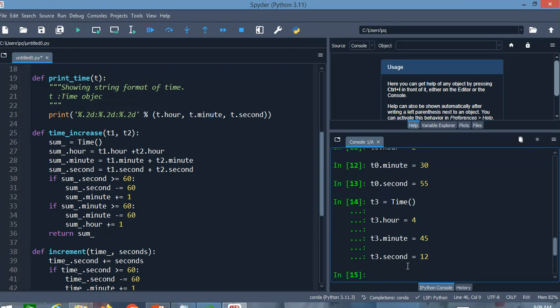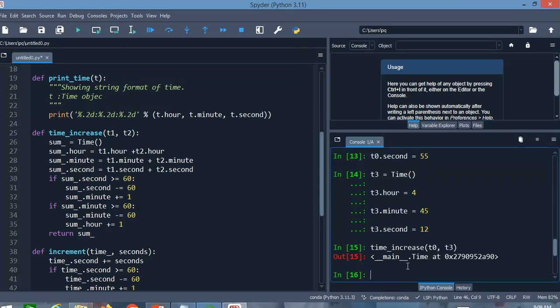Okay, and then apply time increase on T0 and T3. You can see the result, which is a type and an address, or we can give it